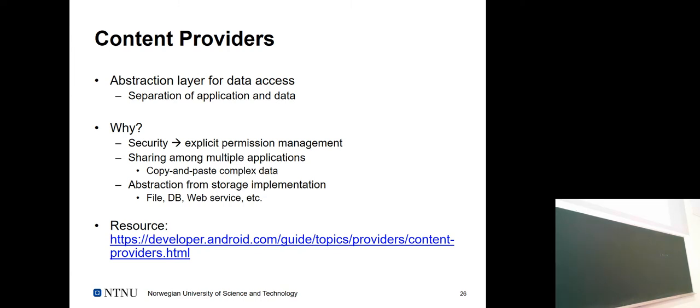You can get by with that for small and lightweight applications, but as soon as it gets a bit more involved in terms of data or event management or background activity, then you need to use the other three as well. But it's time to look at the content provider here. The idea is basically that if you have